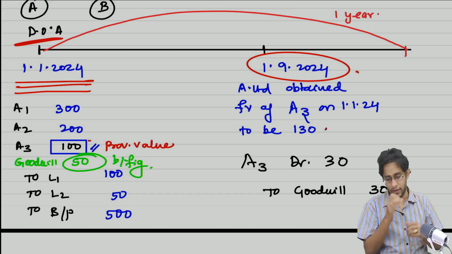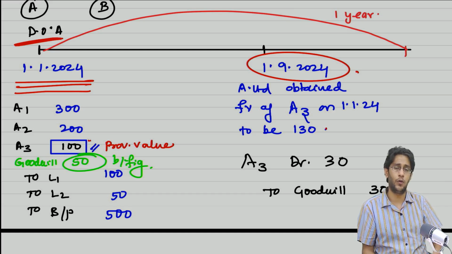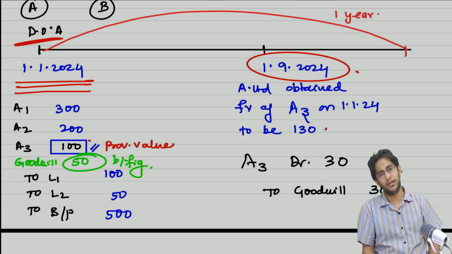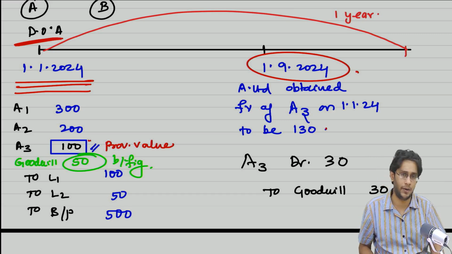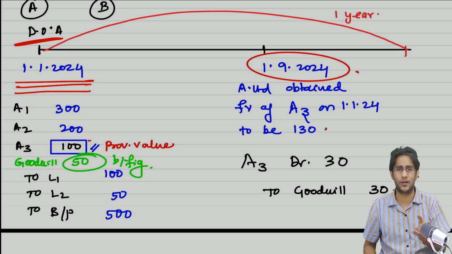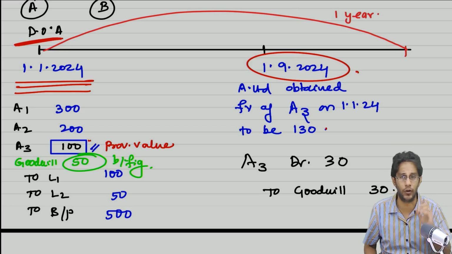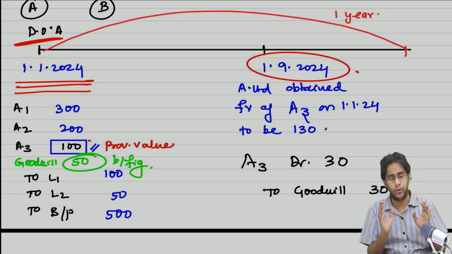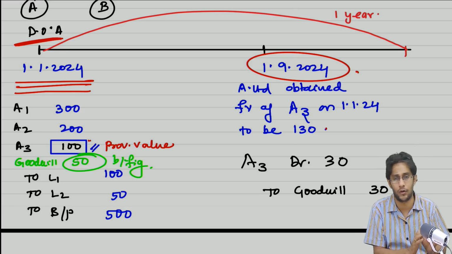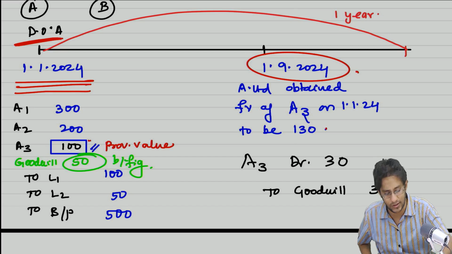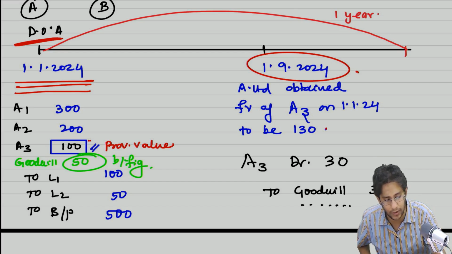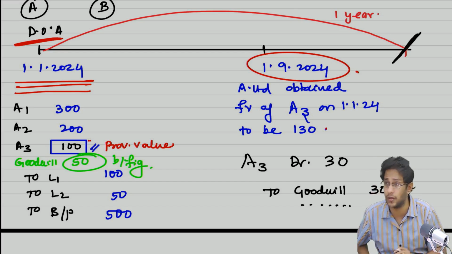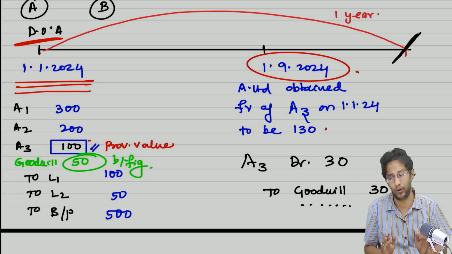Sir, what if in the next 1 year I am unable to obtain it, I obtain it after 1 year? In that case, you cannot disturb goodwill or capital. You adjust the asset or liability, and the corresponding impact you have to give in your reserves or P&L account, but you cannot debit or credit your goodwill or capital reserve. No adjustment can be made to goodwill or capital reserve once this 1 year cutoff period is over. So this is the story of measurement period.